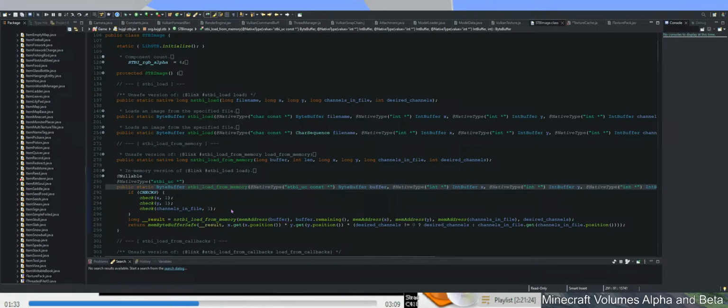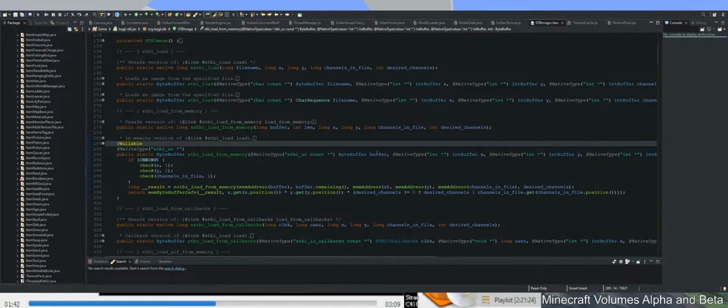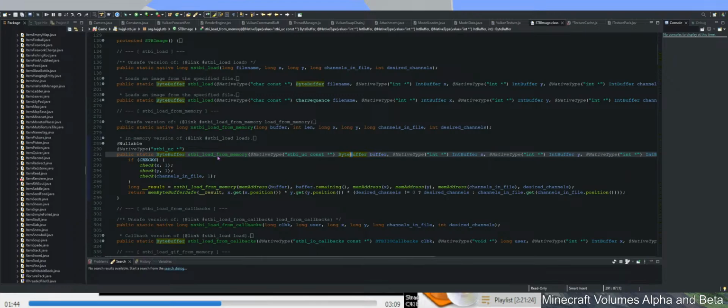How do we give it the data? Okay, that might work then. Buffer... yeah,